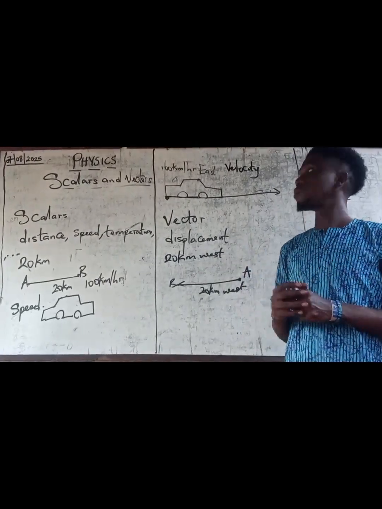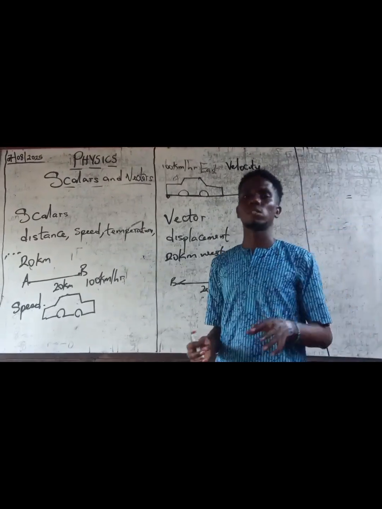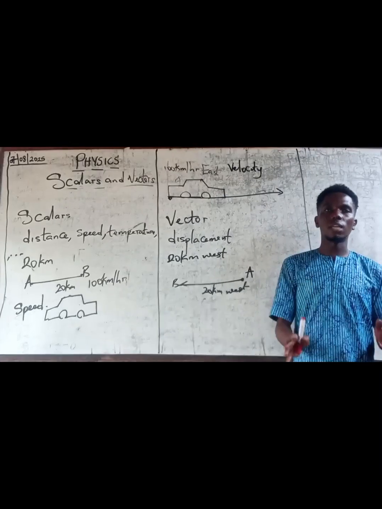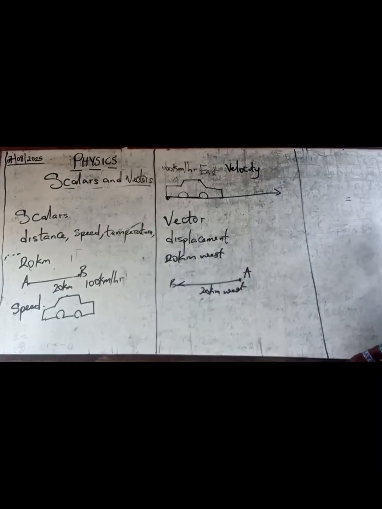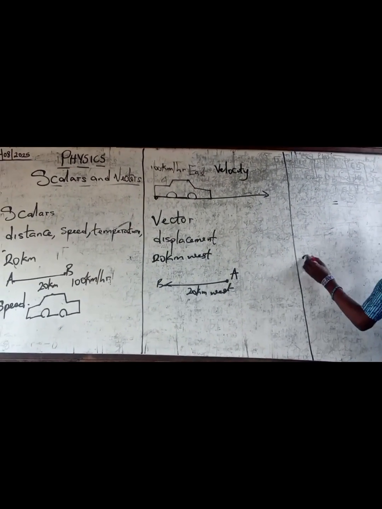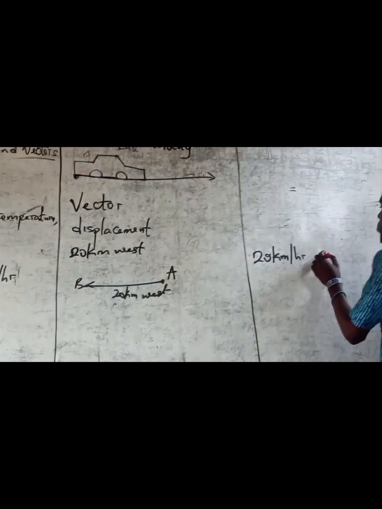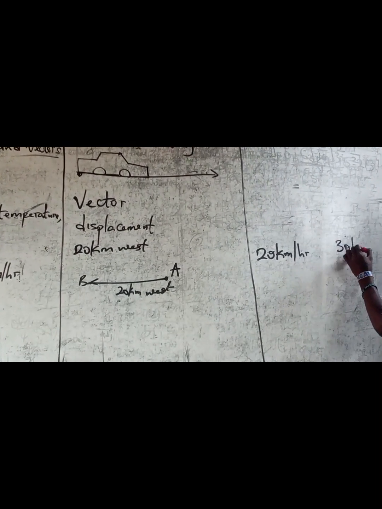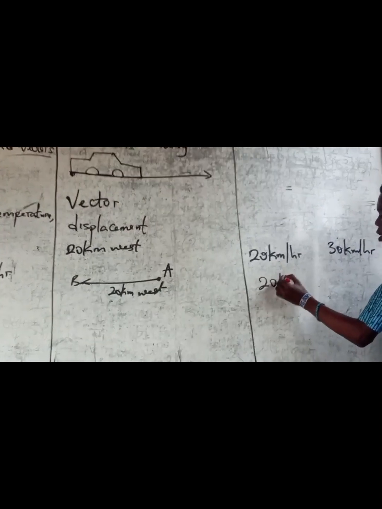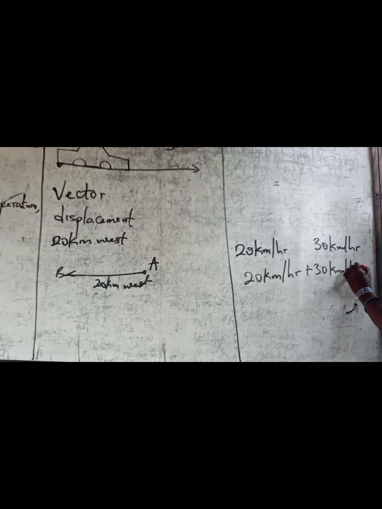Now, we have addition of scalar quantities, and we also have addition of vector quantities. When it comes to addition of scalar quantities, it doesn't take much. There is no complexity to it. For example, if a boy walks with a speed of 20 km per hour and walks another 30 km per hour, what is his total speed? It will simply be 20 km per hour plus 30 km per hour,